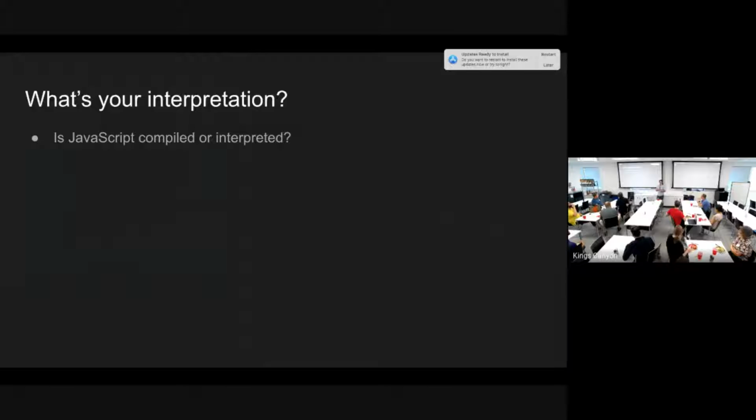So let me start out with a question. Do we think that JavaScript is compiled or interpreted as a language? I feel like Larry knows the answer. All right. Okay, that's actually a great answer. So basically, it's definitely compiled. You can't sit here and say that JavaScript is a purely interpreted language. That wouldn't make much sense at all,